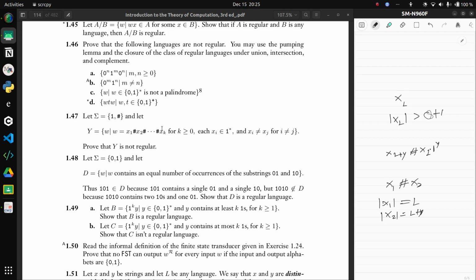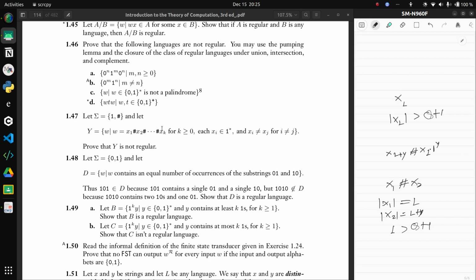I guess that makes sense. And l is any arbitrarily large value, and we'll say that l is necessarily bigger than q plus 1. If that happens, and this language does contain a string like that, then you can